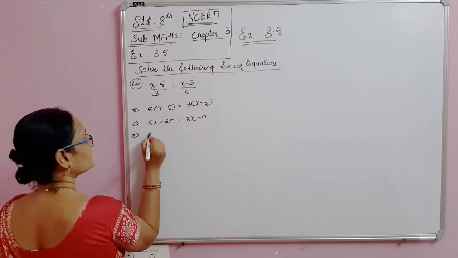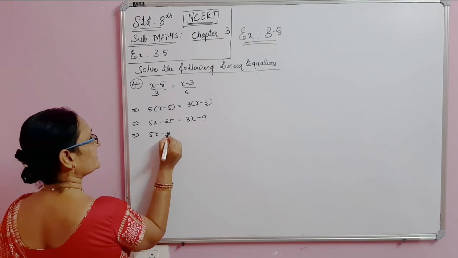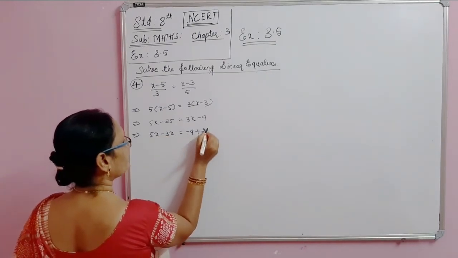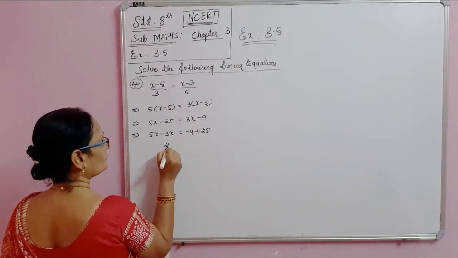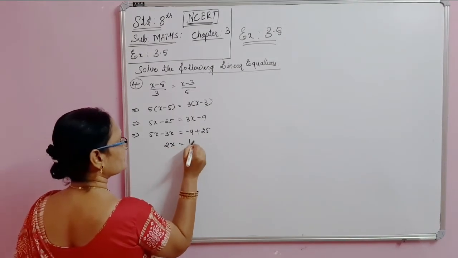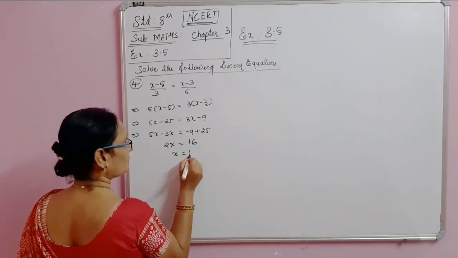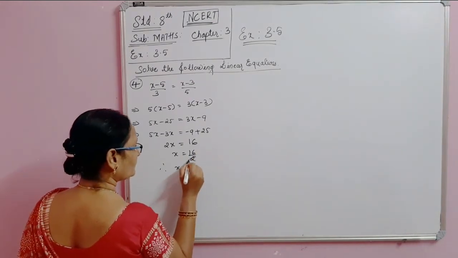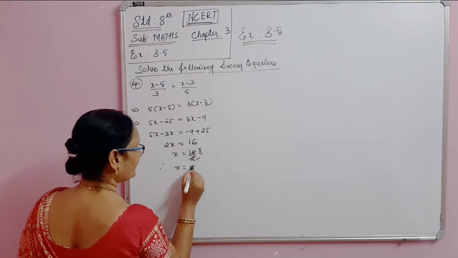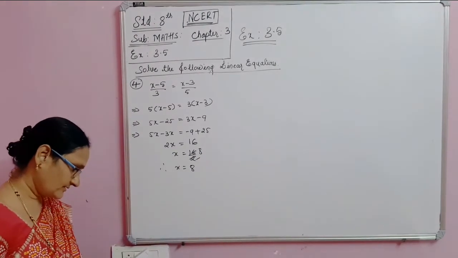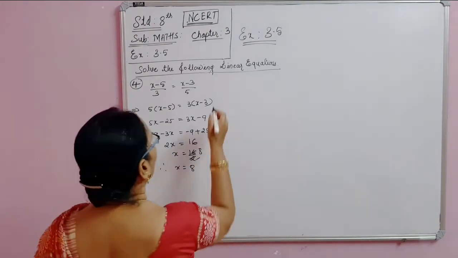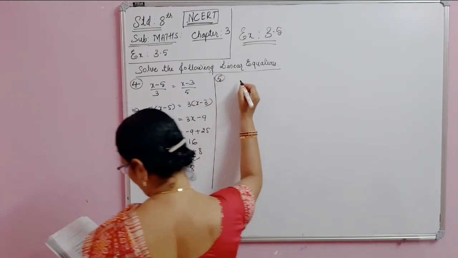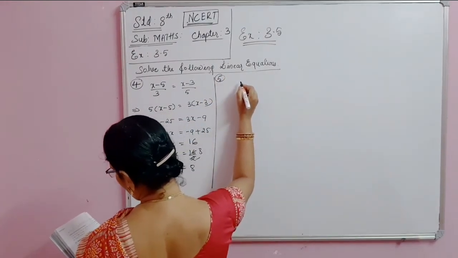Okay. Next, 5x minus 3x is equal to minus 9 plus 25. So 2x is equal to 16. So x is equal to 16 by 2. Therefore x is equal to 2 ones are 2, 8s are 8. Finished. Very simple. The same way, the next one, that is fifth problem, that is 3t minus 2 by 4,